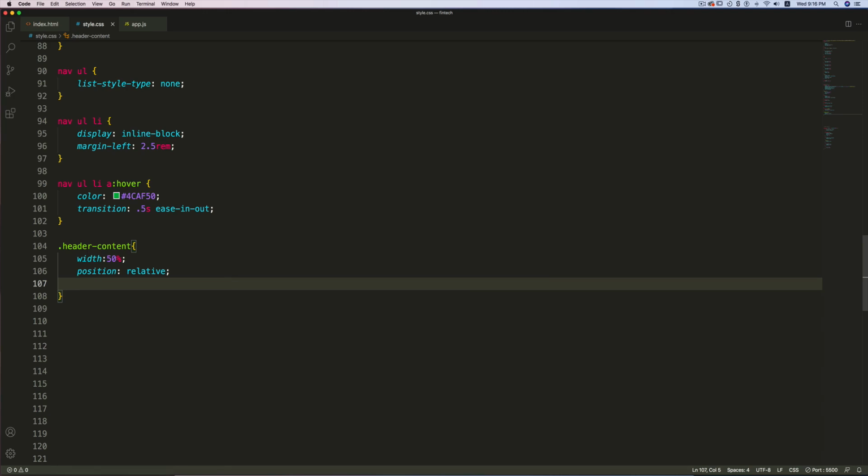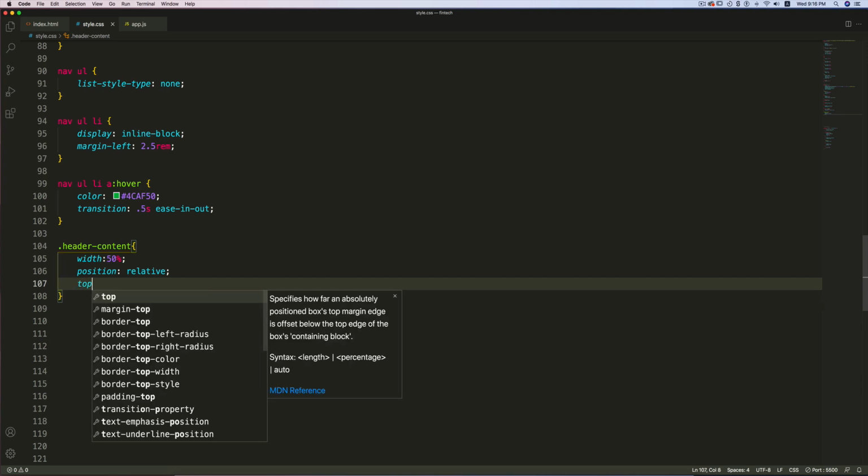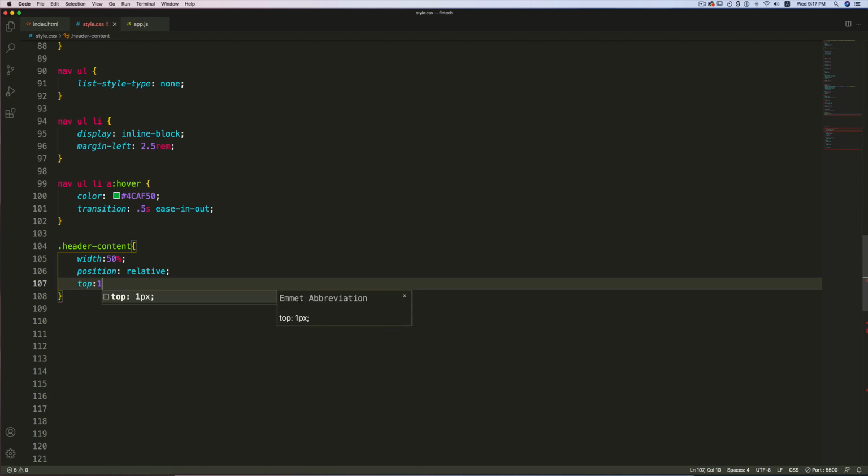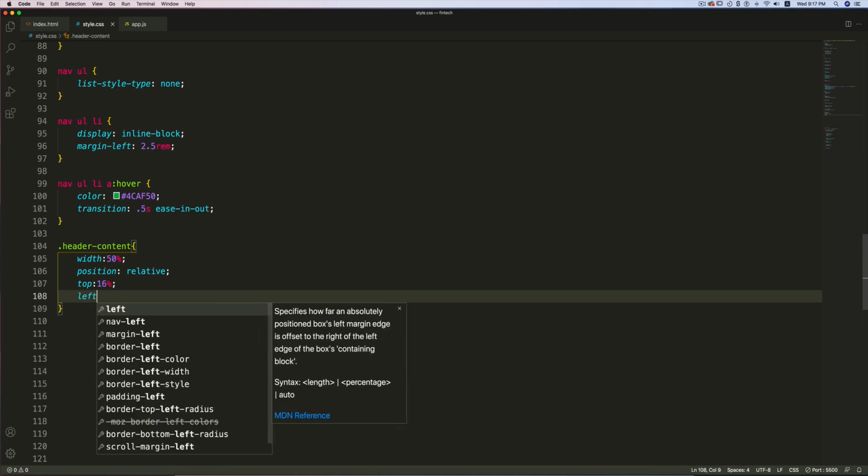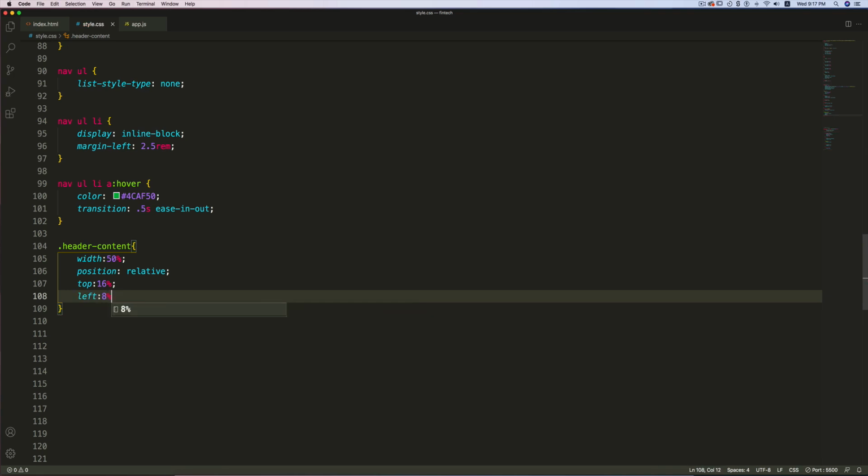I'm not setting the position to absolute because when you position any element absolute, it takes the element out from the normal document flow. But when you position the element relative, it does not take the element out of the normal document flow, because I just want to nudge the entire header content a little bit down. So that's why I have declared this position relative. So from top 16% and left 8%.